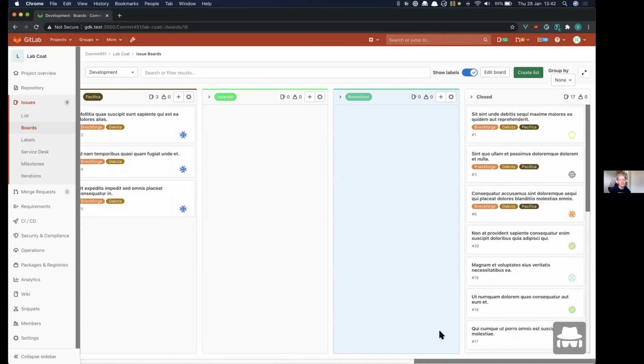I love this change, really. It's so much more usable than the dropdown that we used to have. By the way, to fix that alignment, you just have to yarn install and you'll be fine. Yeah, it's from the GitLab UI change. So if you yarn install, it will go away.